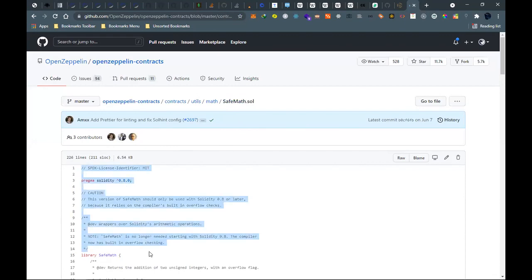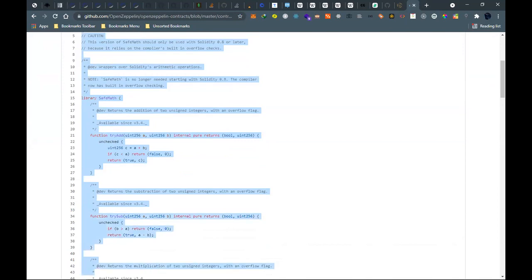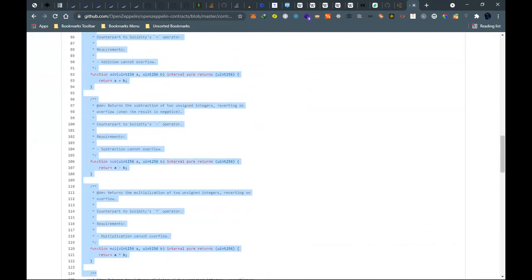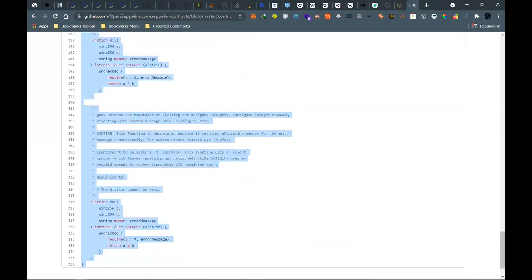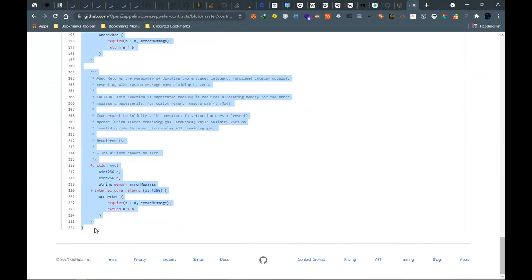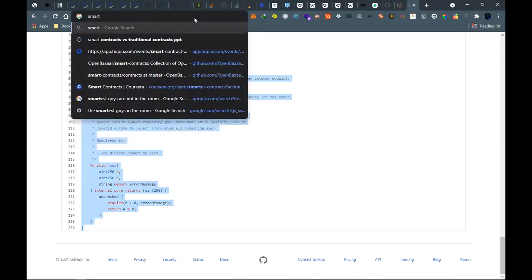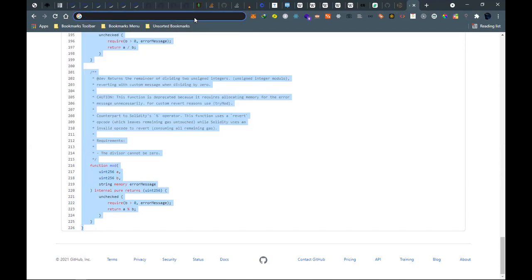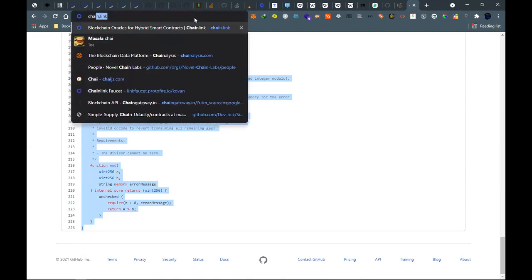So there is a way you can import it from OpenZeppelin. Let me see if I'm able to get Chainlink. It's called Chainlink GitHub.